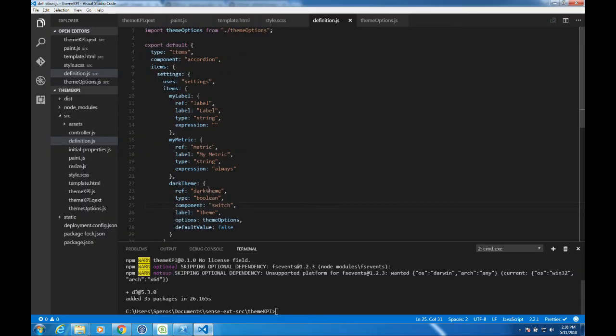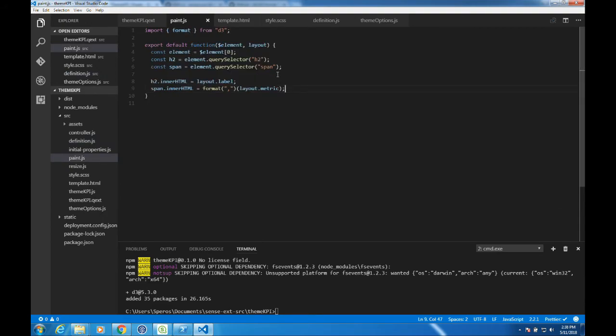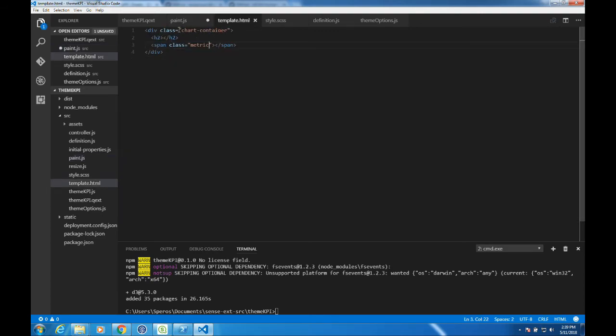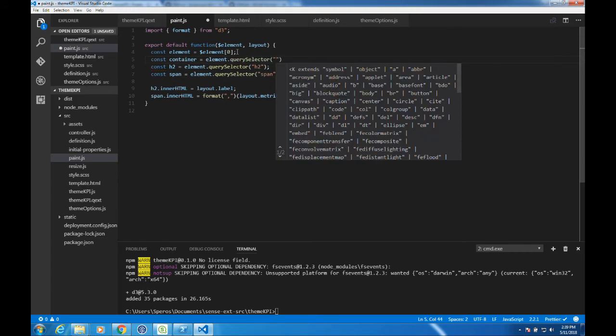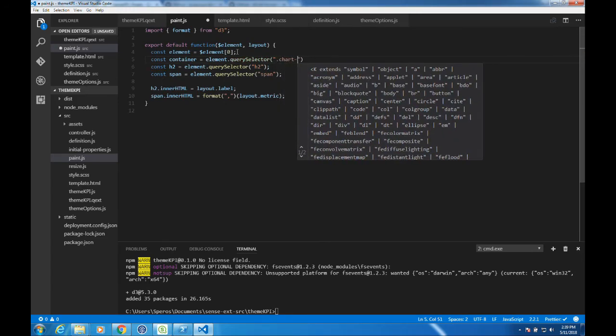So the last thing we want to do is consume this value. We called it layout.darkTheme, and so what I want to say is, let's get the chart container. This is why we like to put a little chart-container class here, it gives us our own place to add more global level CSS. So I'll say const container equals element.querySelector('.chart-container'),